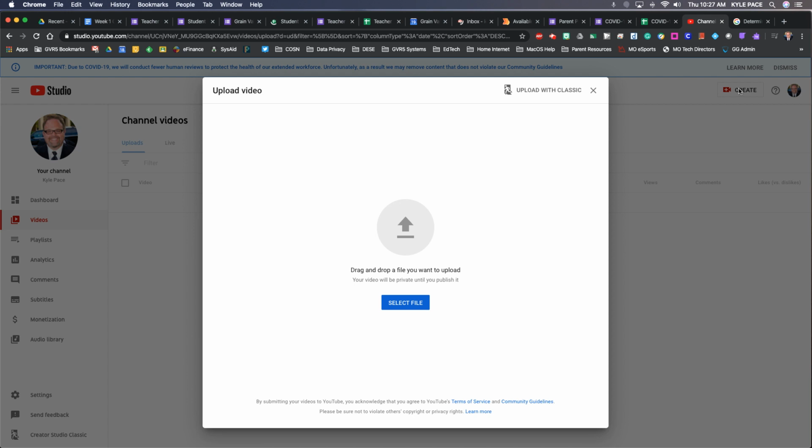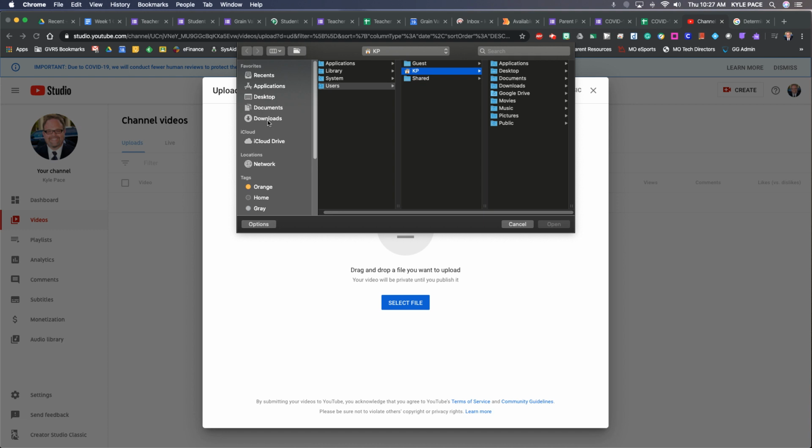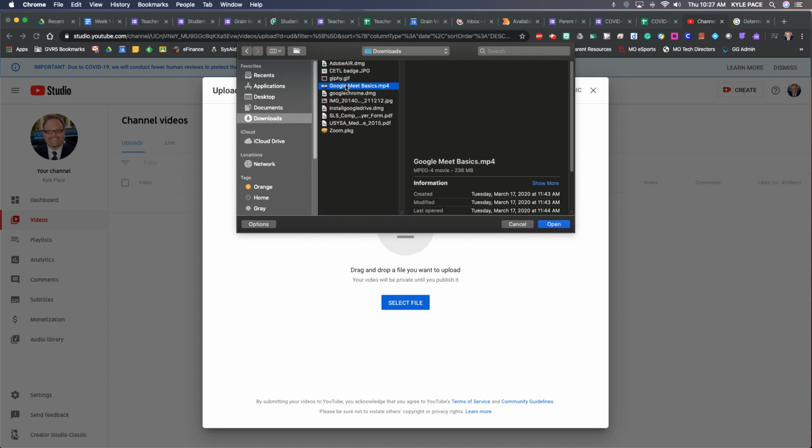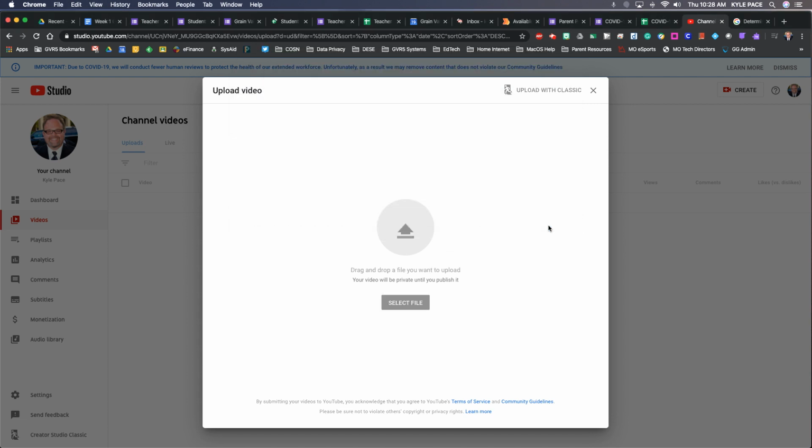The first thing it wants you to do is select the video file wherever you have it saved on your computer. So I'm going to click Select File, and then I'm going to browse on my computer where I have that video file saved, okay? So I'm going to choose this video file. This is a video of a previous screencast I just made on Google Meet. So I'm going to click that, and then I'm going to click Open, and then it's going to start the